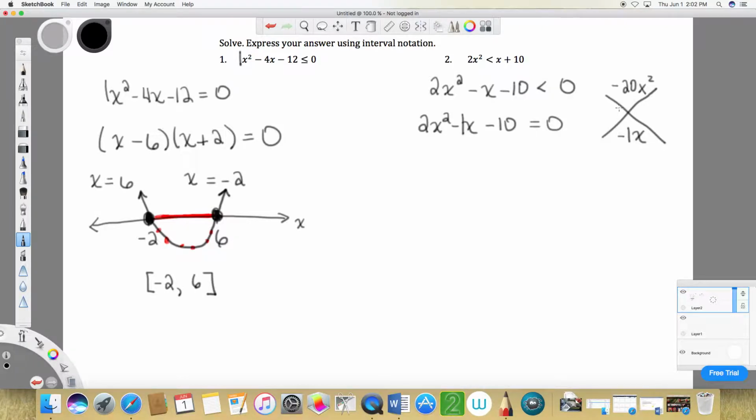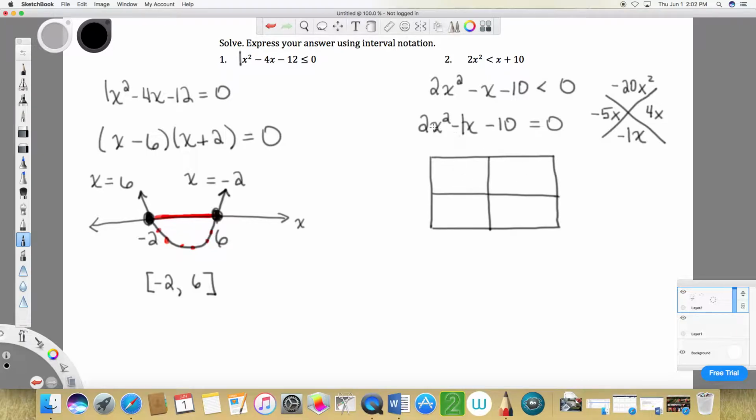And we think of two numbers that, when multiplied together, give us the top value, but when added give us the bottom. Negative 5x and positive 4x do the trick. And now, since this leading coefficient is bigger than 1, I'm going to write this information in the form of a table and use the table